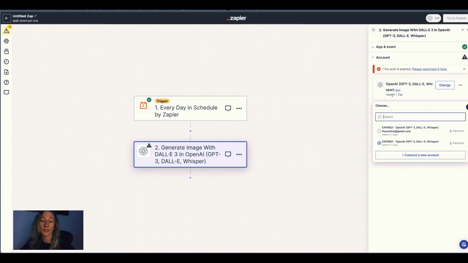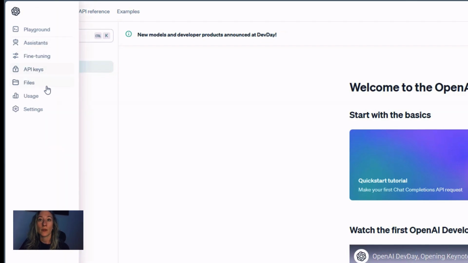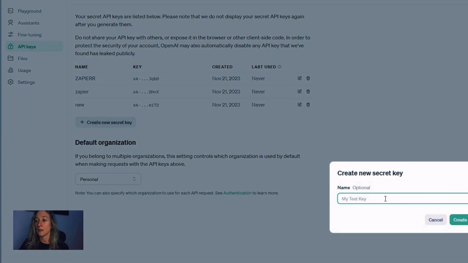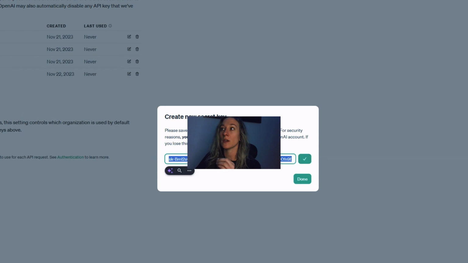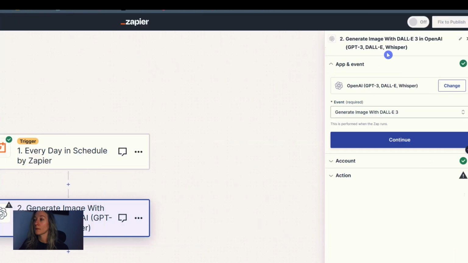So this is a good example of how to connect your account once you have it. So I'm going to go over to openai.com platform, and I'm going to come over to API keys, and I'm going to create a new secret key. I'm just going to call this Instagram, create whatever you want. Create the key, and once you create it, you cannot go back to it. So make sure you copy it, go back to your Zapier, reconnect it, or if this is the first time you're connecting it, it's going to ask you for your API key, and you paste it here. So what we're going to do